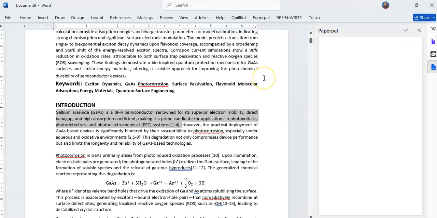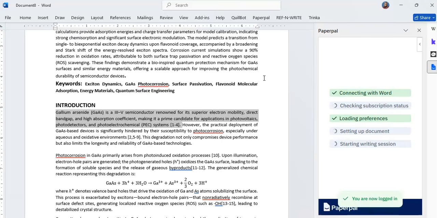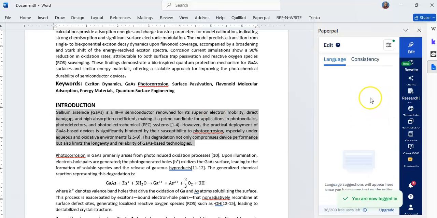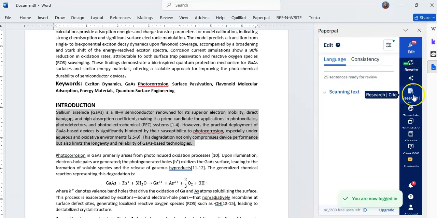It's PaperPal. PaperPal is a paraphrasing add-in on your MS Word. PaperPal allows you to paraphrase your work. Just highlight any sentence or paragraph here, and once it is up on your device, it scans through your highlighted text and immediately begins to paraphrase it for you, tells you where the grammar is not so correct, where you need to modify the grammar, and it does a whole lot of things. It can rewrite, it can generate a new set of text for you, it could research,